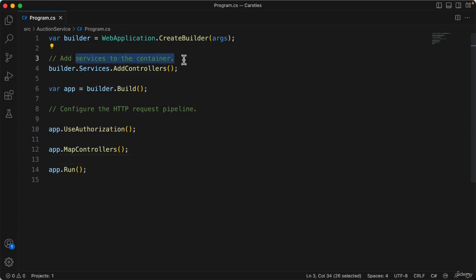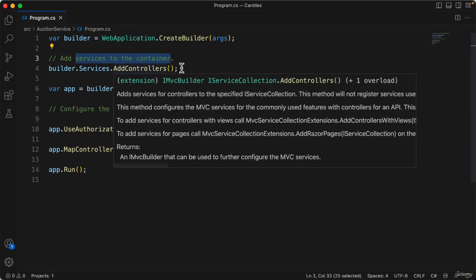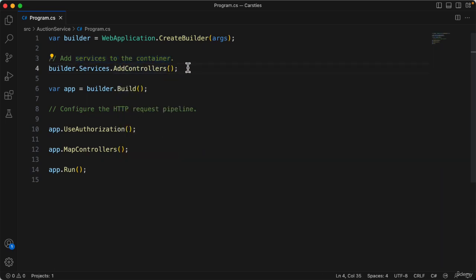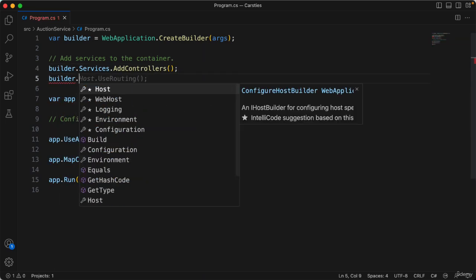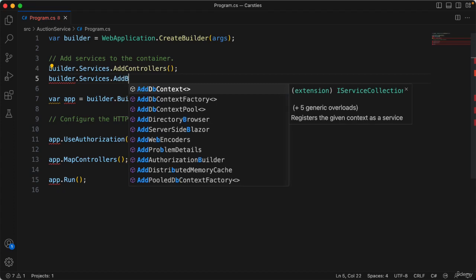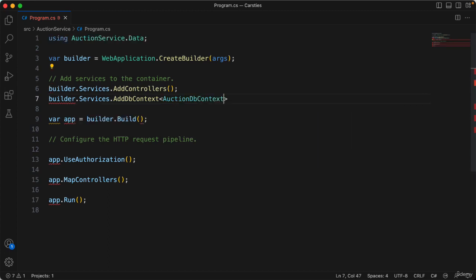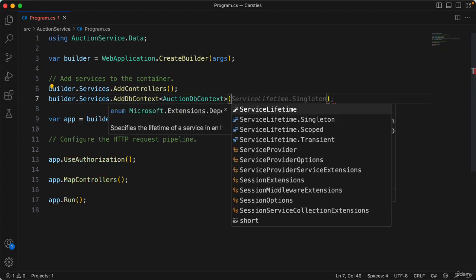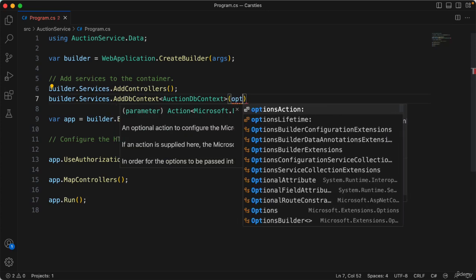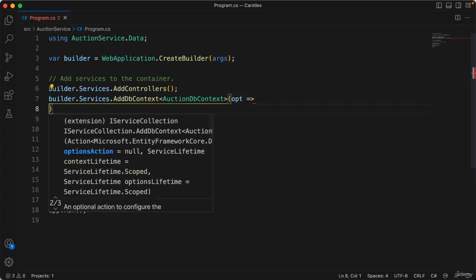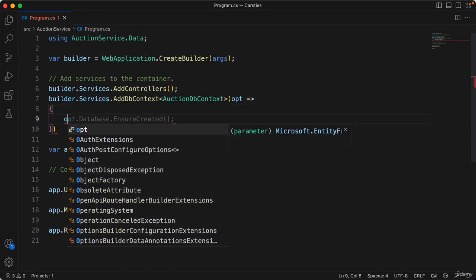So we're going to add a service to our container for the DbContext. This particular class, the DbContext, is something that we're going to want to inject into classes that need to get access to something in our database. So we add this as a service, and then we use dependency injection in order to make use of that service. So we're going to add it here, and we're going to say builder.Services.AddDbContext, and we're going to specify the name of the DbContext we've created, the AuctionDbContext, and then we're going to specify the options here, and we'll open up the arrow, and then we can specify opt,